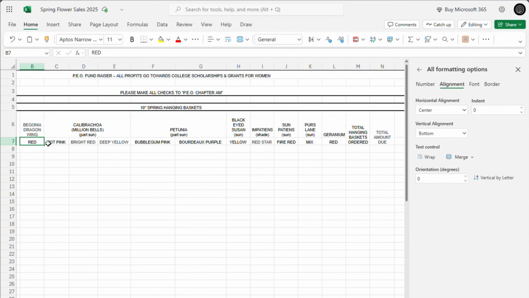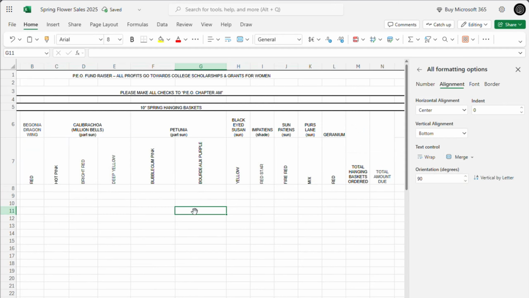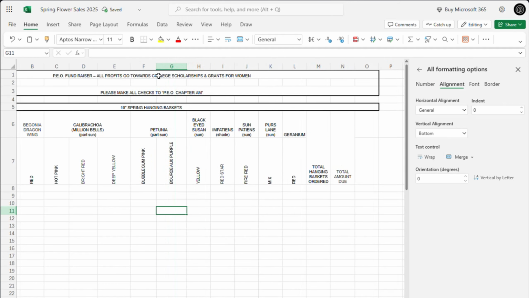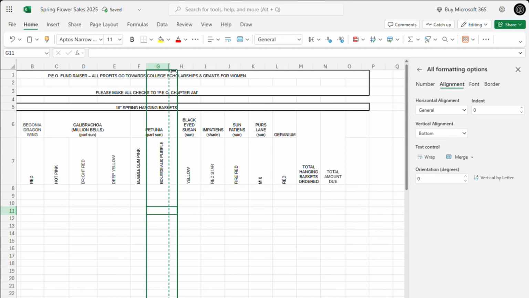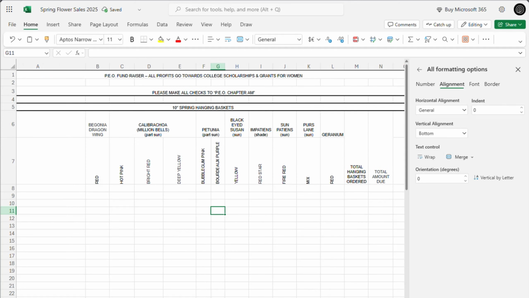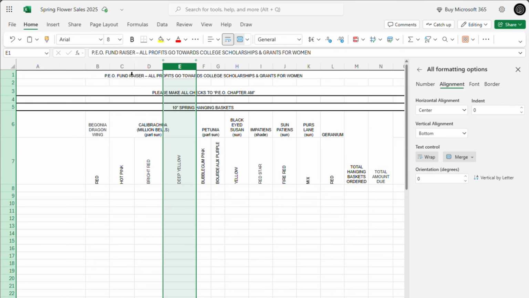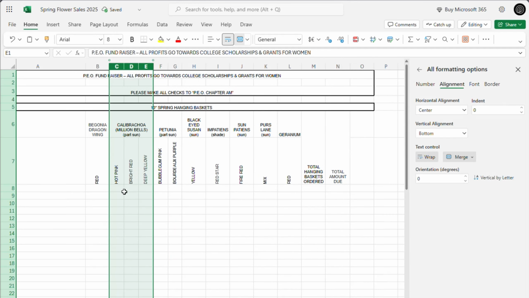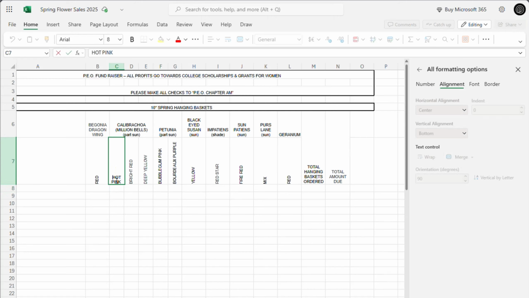Next, I am going to take the colors, select them. You can also drag if you don't want to use the Shift key. And then I'm going to change the orientation to 90 degrees. And so this will allow some of these to be narrowed down so that we can have this all fit on one page, which will be quite nice. And another little trick, if you just want them all to be the same, you can do it this way as well. And I think I will just add 2 spaces so that it's not up right against that line,